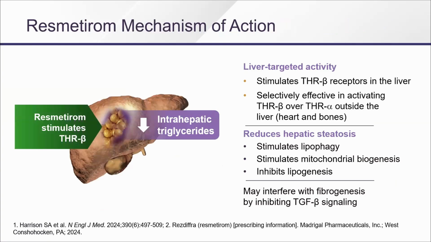And so by stimulating THR beta, you decrease lipids, and it has some effect on fibrosis through TGF beta. The science, interesting, but not that important. But the fact that it affects fibrosis directly is why I think this crossed the finish line faster than many of the other drugs that are seeking approval, where they reduce steatosis but not fibrosis.